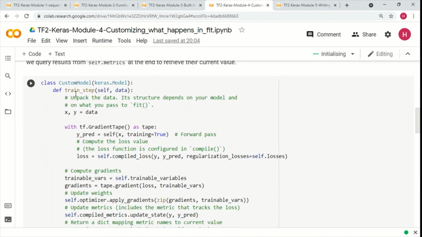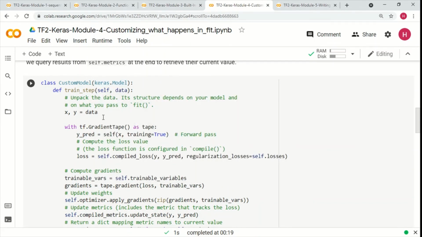So what we do here, we create a custom model class, we extend keras.Model, and then we define this train_step method. This is the method that is going to be called by the model when we call model.fit.